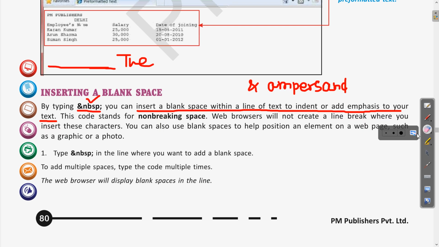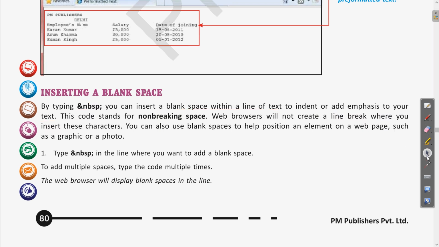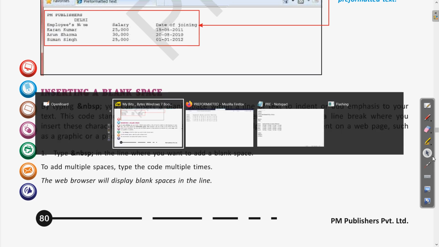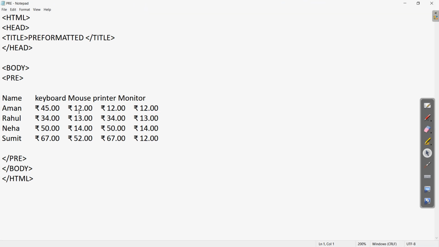So if I erase this, whatever program we have written earlier, we can include this in the same program. So the name of this element is ampersand NBSP. Okay, so let us come to the code. For example, if I want to write a heading of this table, for example, sales of computer parts.